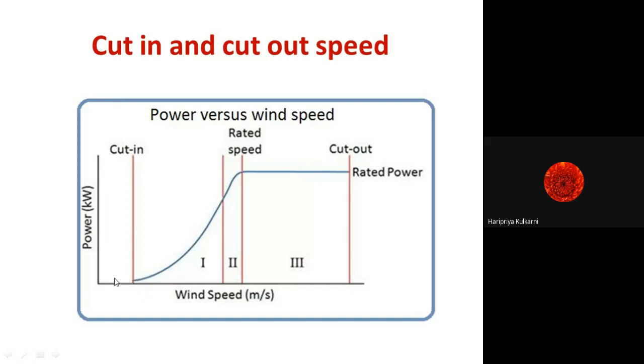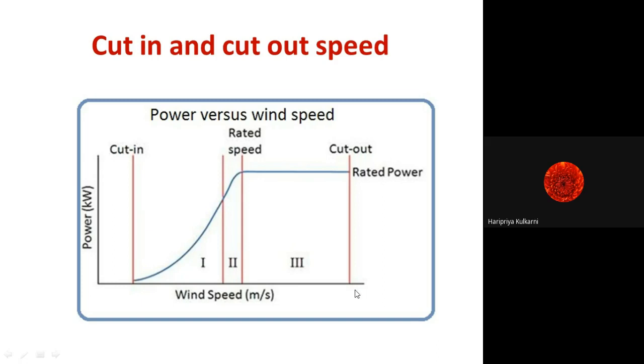Okay, so this part is not at all useful. Wind speed is less than say 4 meter per second. If cut-in speed is 4 meter per second, then we are not generating any power. It is just a show. It is only moving, but it is not generating anything. Okay. So this is the cut-in speed, and the cut-out speed is the maximum speed beyond which we do not at all